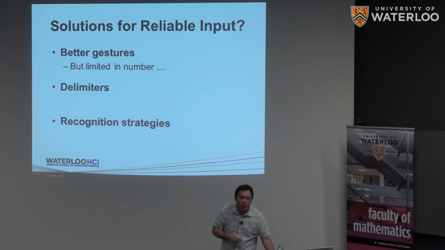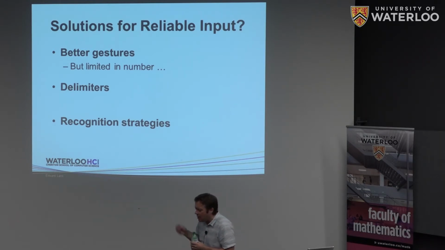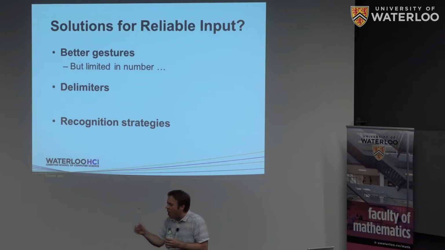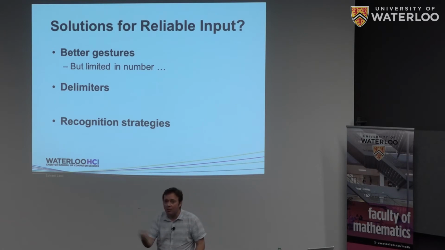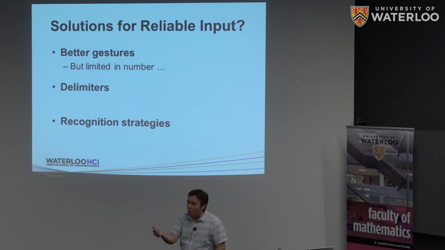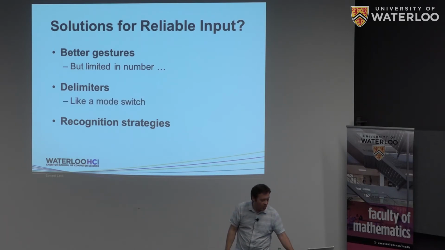Another thing you can do is you can use delimiters. So the idea behind a delimiter is you take a gesture that's relatively rare and you say, you always have to do that before you perform another motion gesture. You essentially make every gesture into a compound gesture. That works. That is exactly what Jamie and Yang suggested that you do with double flip, is you make it a delimiter for motion gestures. So you always do a double flip and then you do your motion gestures. But always doing a double flip and then doing a motion gesture is awkward. And doing a double flip to switch to motion gesture mode introduces modes in the interface, and there are well-known problems with modes in terms of people remembering them.